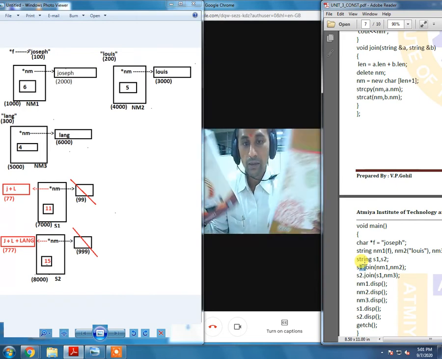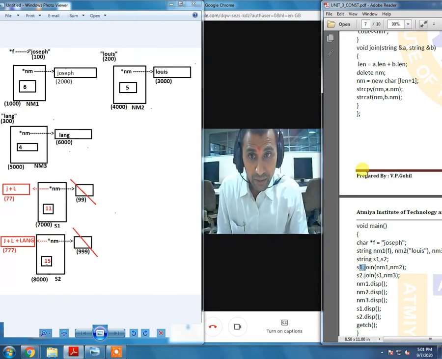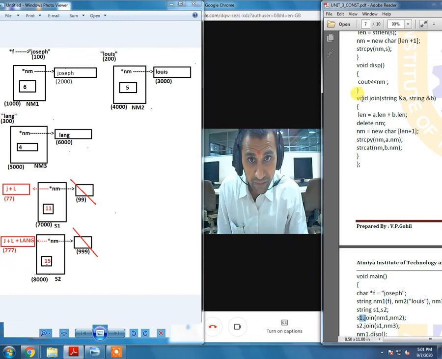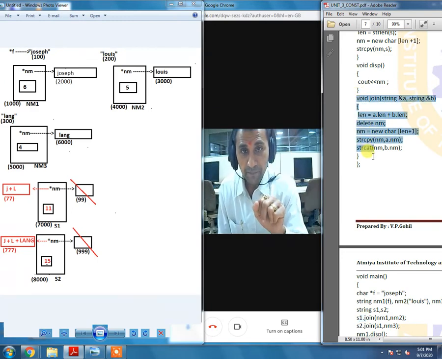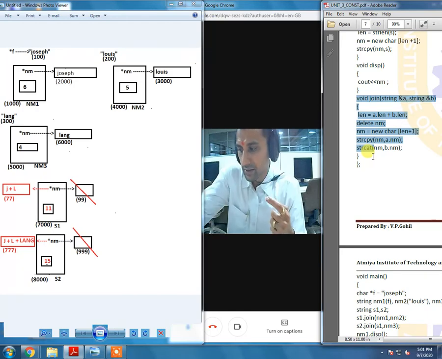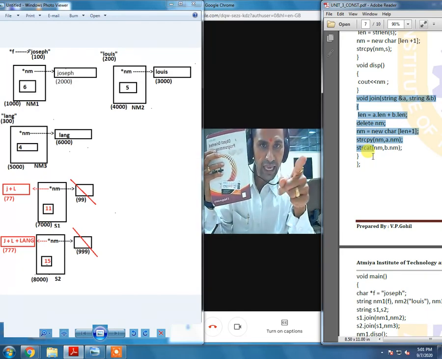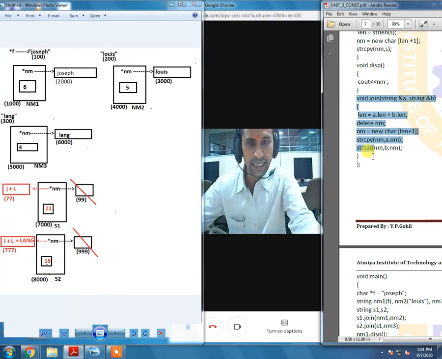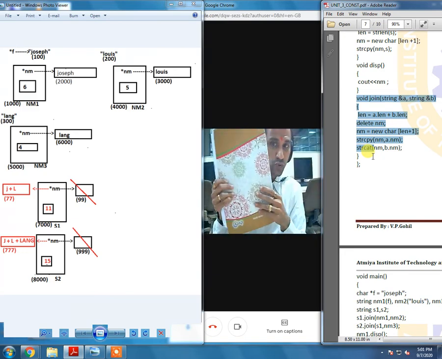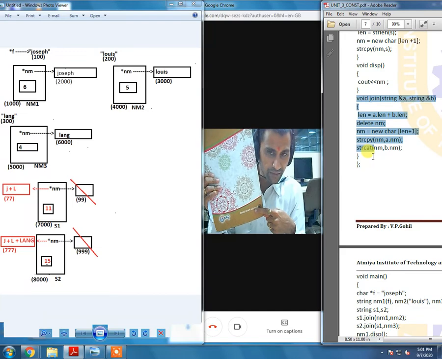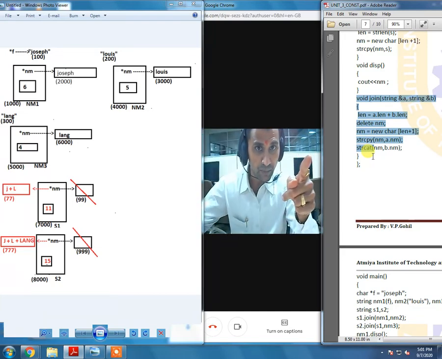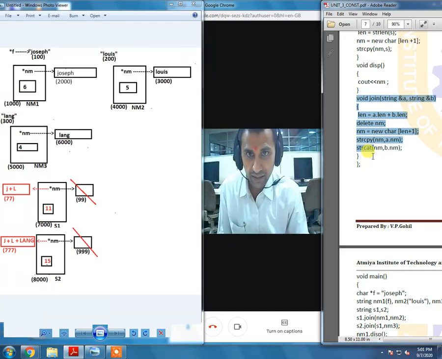Once again, call by reference, remember the call by reference. That means over here in the definition of join, the address of nm1 is going to be pointed to by ampersand a, and just like that the second object nm2, the starting address of this object is getting pointed to by ampersand b.